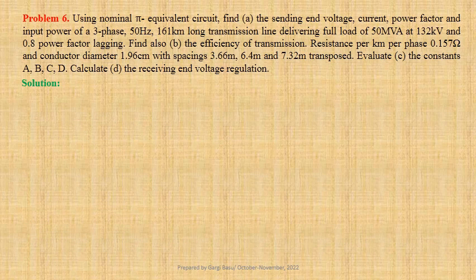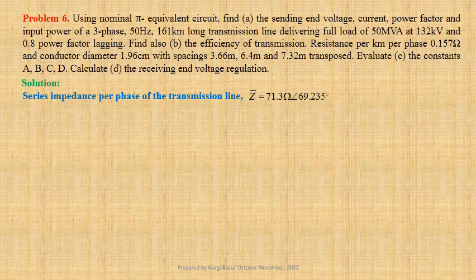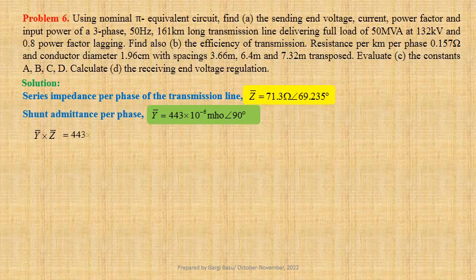We have obtained series impedance per phase of the transmission line, Z equals 71.3 ohm at an angle 69.235 degree, and shunt admittance per phase, Y equals 443 into 10 to the power minus 6 mho at an angle 90 degree. Let us now calculate Y into Z. Using values we get 443 into 10 to the power minus 6 at an angle 90 degree into 71.3 at an angle 69.235 degree,